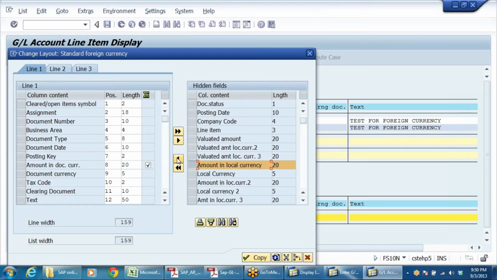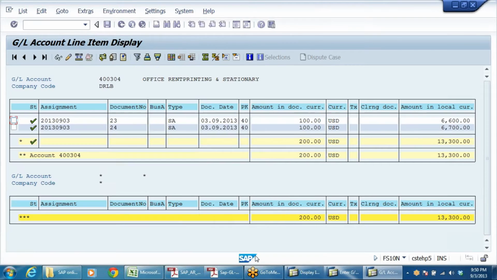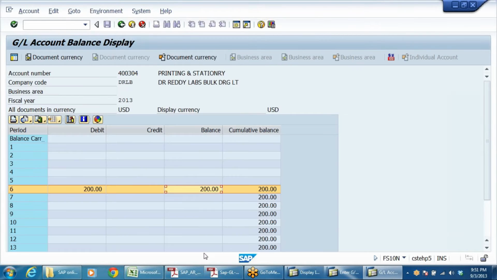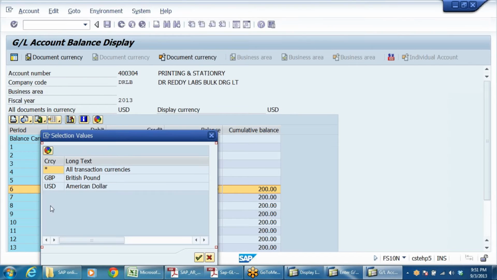Select this, push towards this side. And text, I don't want this, push towards this side. Copy. Now see, it is showing INR. This is USD. Here this is 66, this is 67. So similarly, I want to see in GBP.